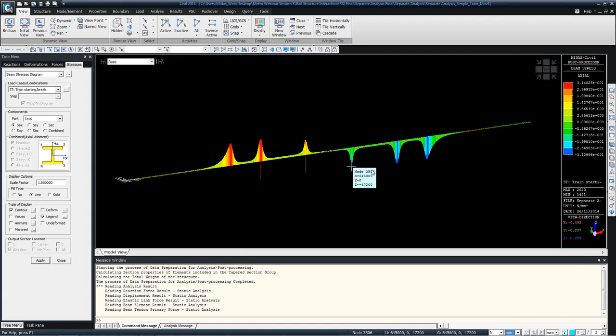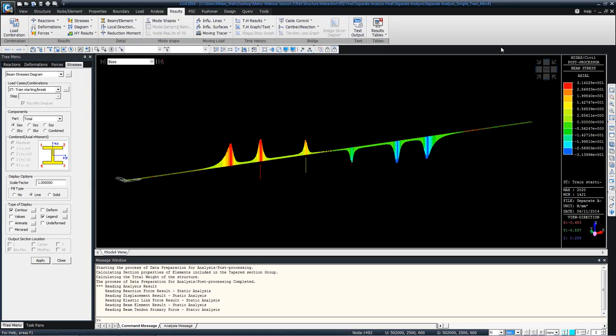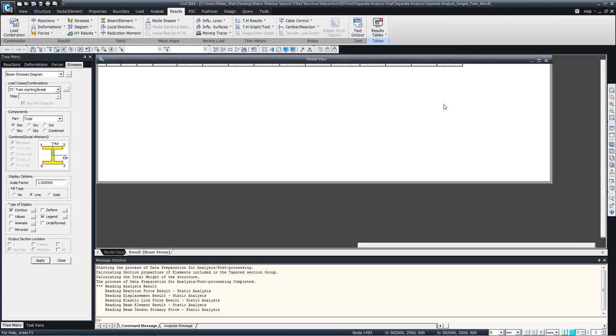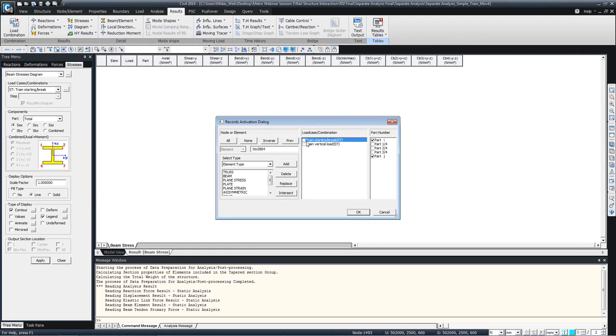But sometimes what we need is to export these results into Excel. So for that case, I can go to result tables, and beam stress. So I can choose train or vertical loading like this. Okay, but if you want to choose only rails, for only rails, what we can do is that whenever the